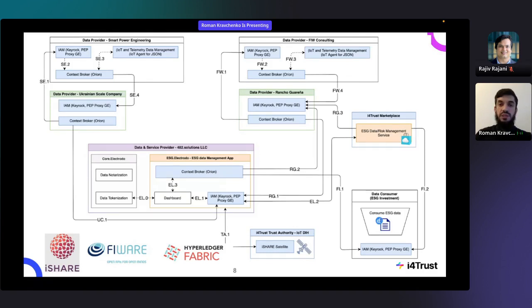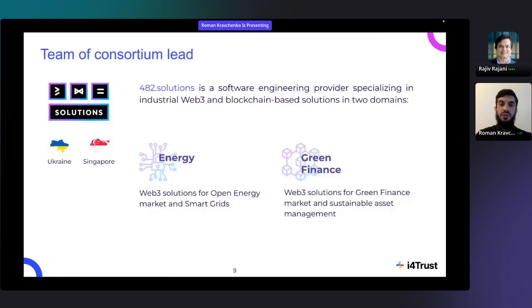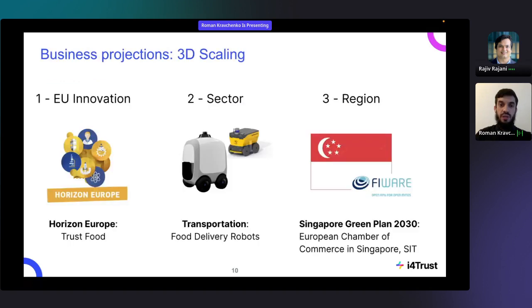And our idea is to build an end-to-end ESG data broker to automate and make possible ESG data gathering, data processing, and sharing data by disclosing it in the form of a sustainability report, with verification on blockchain. And our next step will be to share the results of the IFA Trust experiment in the next of our projects under the